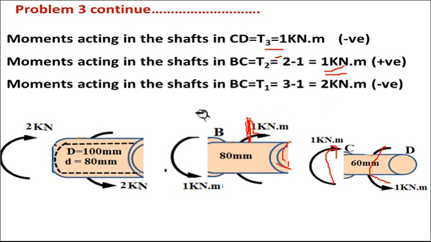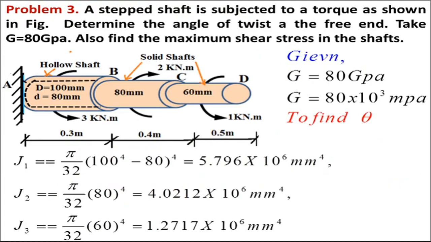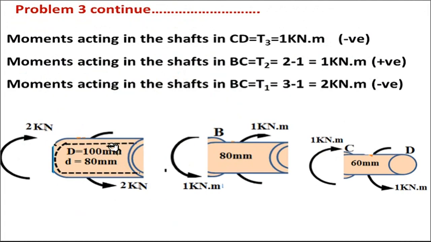And on section 3, this is anti-clockwise 3 actually acting, and here it is 1. Okay, 3 is acting here anti-clockwise, and here it is 1, that 1 will be clockwise here. Here it is anti-clockwise, which means clockwise here. This 1 is clockwise, anti-clockwise 3 is actually acting on the figure. Here it is 3 acting. So that 3 minus this 1, you will get this 2 value.